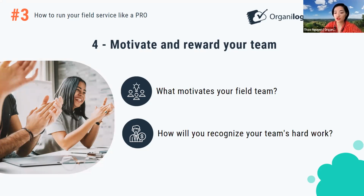For example, if you want to give them verbal praise, you can call them or meet them in person and thank them for their efforts. If you want to give them written recognition, you can send them an email or a letter of appreciation, or publish their success stories in a newsletter or a website. Or if you want to give them bonuses, you can send them a check or a gift card, or deposit money in. So this part, motivate and reward your team, is also very important